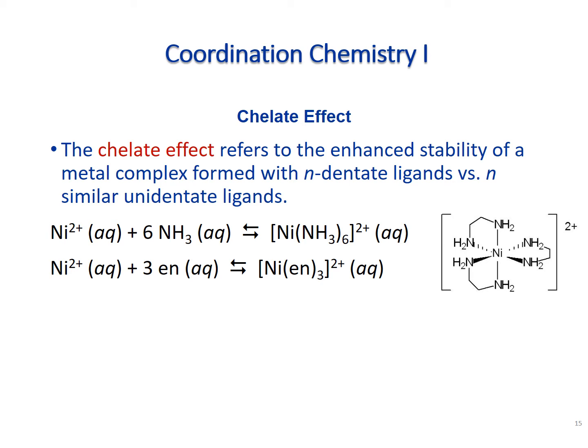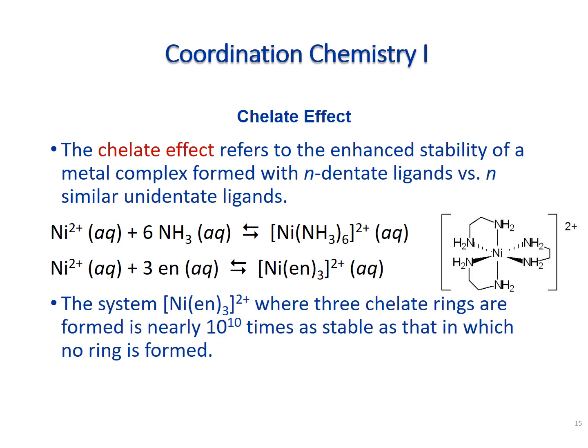That is very similar. You're still going to have 6 nitrogens coordinating to the nickel metal center, but they have an ethane bridge between these nitrogens. So these are actually 3 bidentate ligands. So even though the coordination environment around the nickel is the same, when you have 3 ethylenediamines, those will be much more stable than the 6 ammonias that would be coordinating. So where you're forming those 3 chelate rings, that's formed nearly 10 to the 10th times